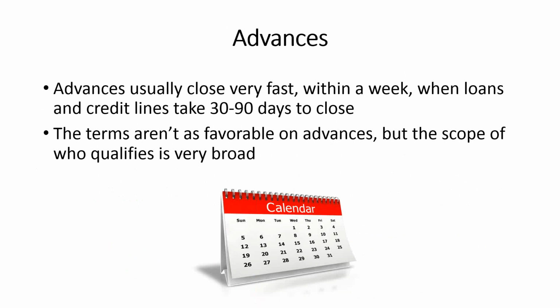Now, the terms aren't as favorable. I mean, you could pay 20% or more on advances. I've seen 30-40% on high-risk deals with advances. Much different than a 5 to 10% rate that you might get on a loan. But again, it's fast, easy money. You can have bad credit to qualify. You don't need collateral. You could provide 4 months bank statements and get approved, and we've seen clients close in